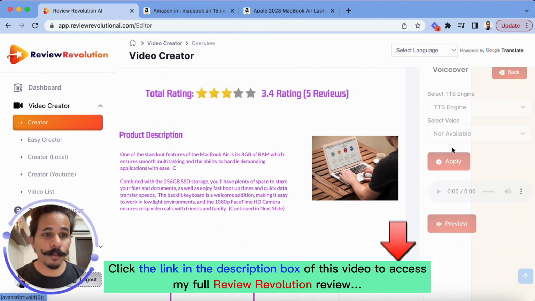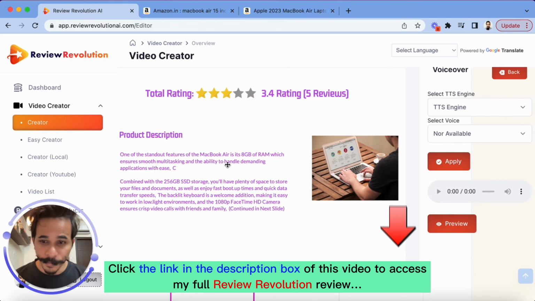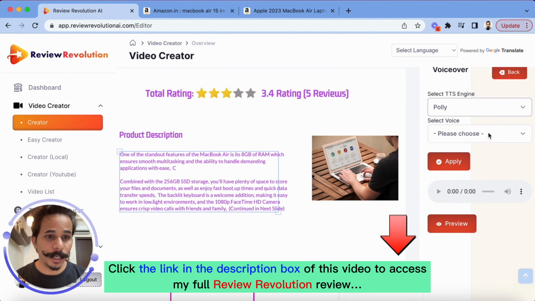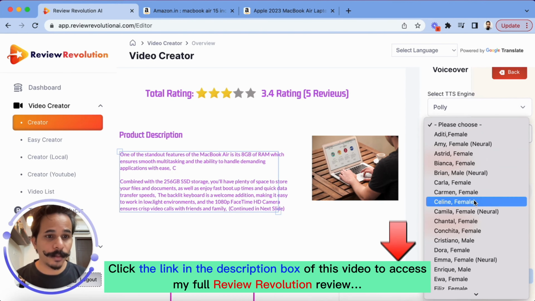I can add the voiceover, and the software is going to create a voiceover. So if you want to change the content, and if you want the narration of the video, you simply write that content here, and then you go to this voiceover option. You select this, and then you select what kind of